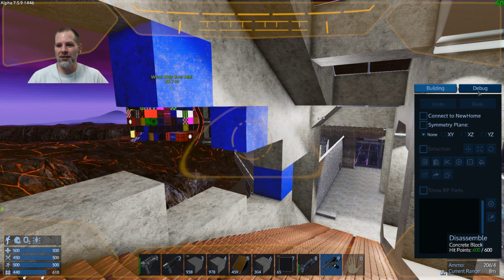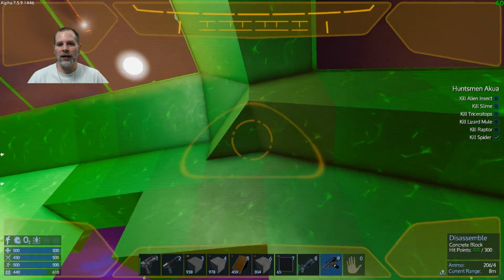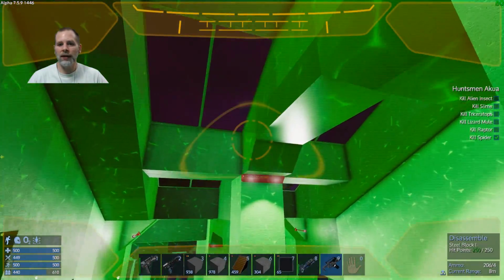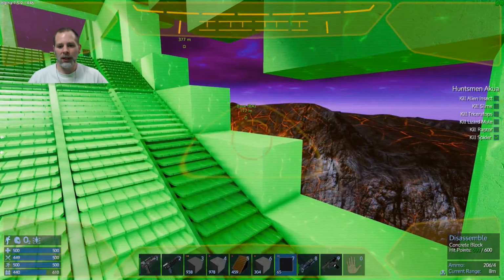Probably should have looked at the structural integrity before I even did that, right? Oh, looks good. I'm not sure why that's all green, where all that strength is. Oh, you know what? I think it's from the middle here. But anyway, let's see if we can put in...